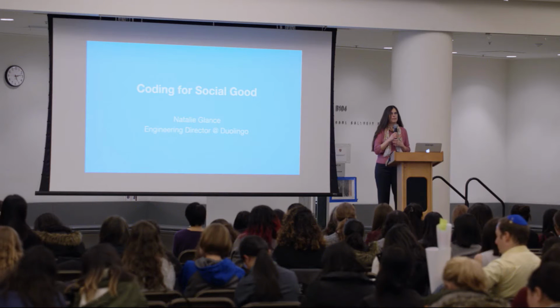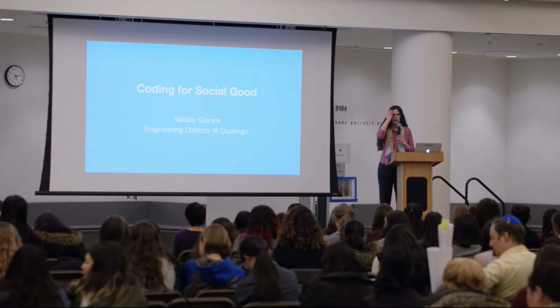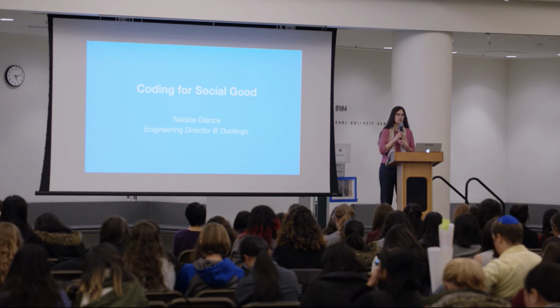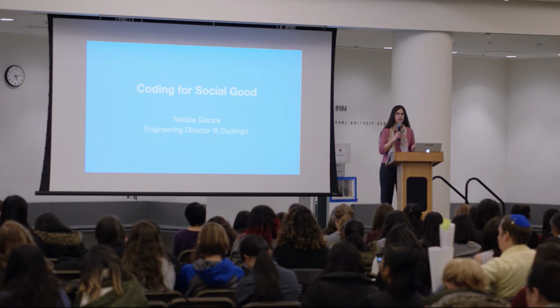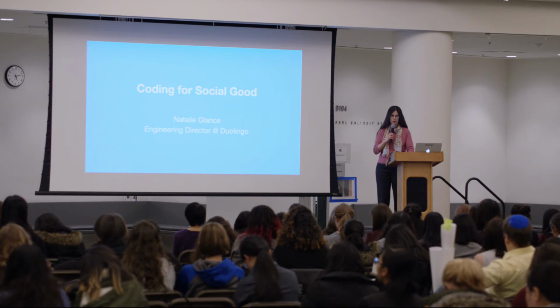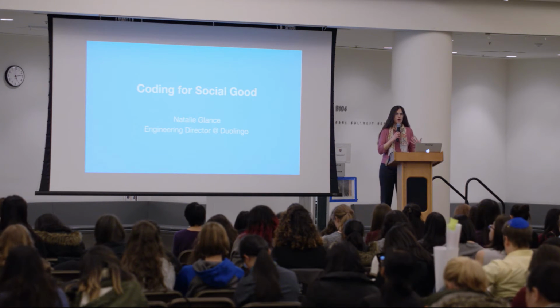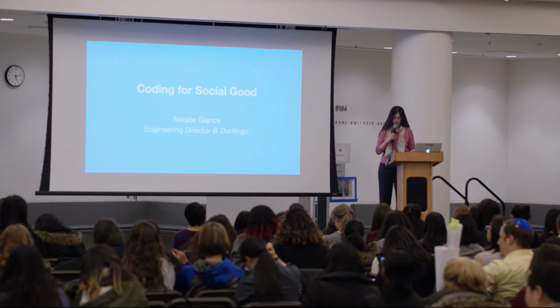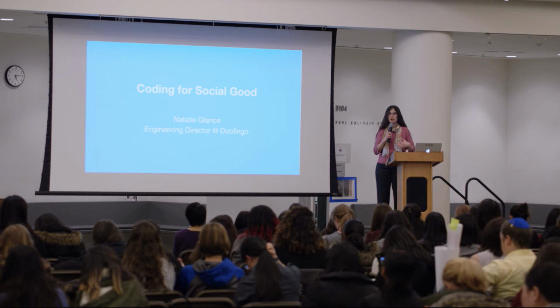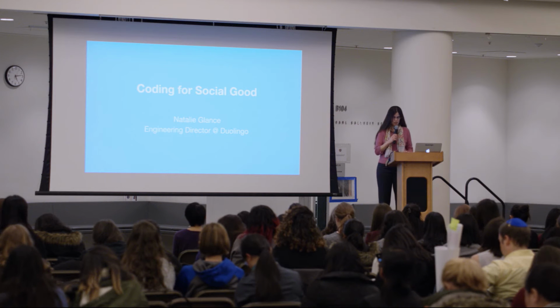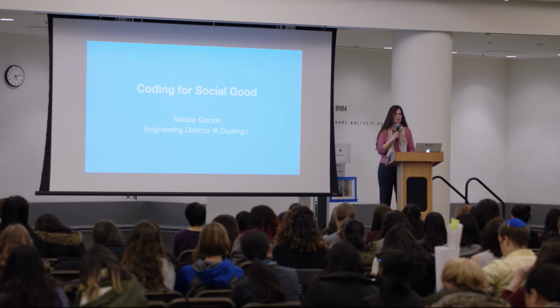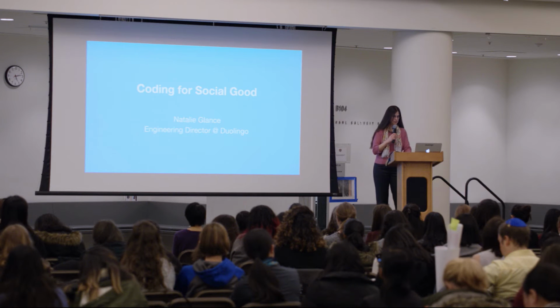So inspired by him, today I'm going to talk about one area of application of computer science and software engineering. I'm going to talk about coding for social good. I'm going to talk about a few different sectors where there are companies with strong missions for coding for social good. I'm going to talk about the hard problems they're working on. And I'm also going to talk a little bit about what kinds of job opportunities at these places, because this might be interesting to you.